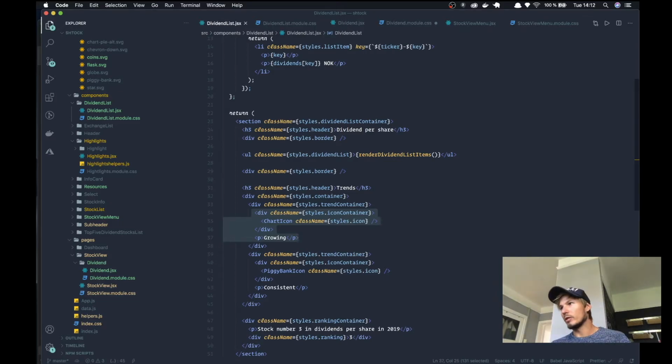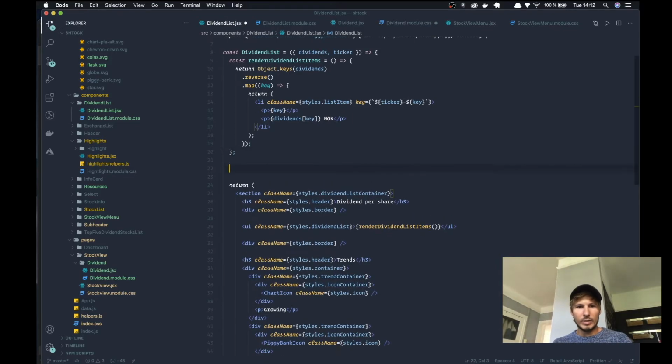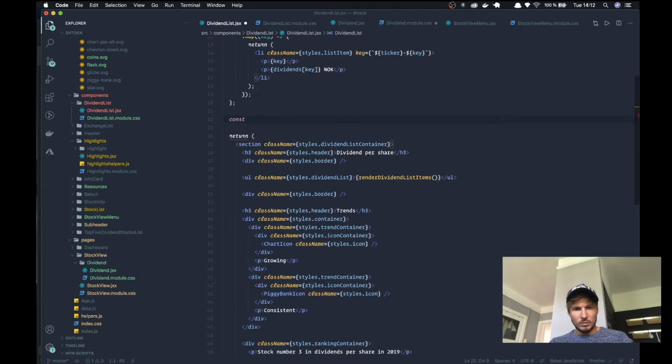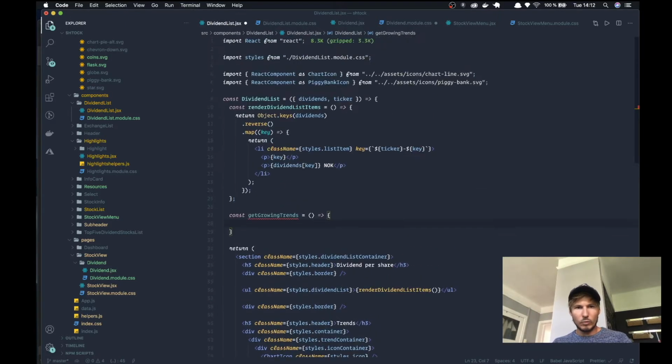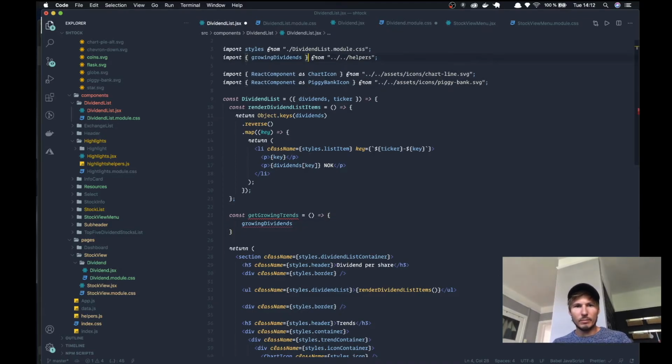Otherwise we want to return the chart down icon and explain that it's declining. So let's go ahead and create a function called get growing trends, and then we'll import the growing dividends from the helpers file,